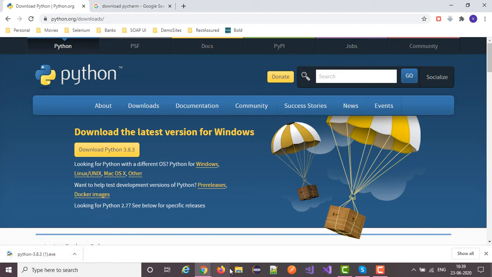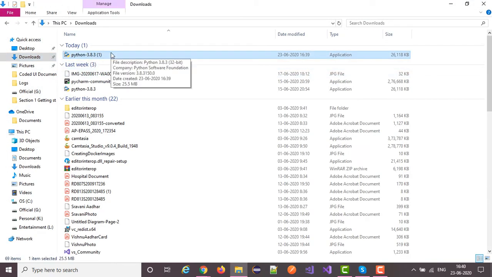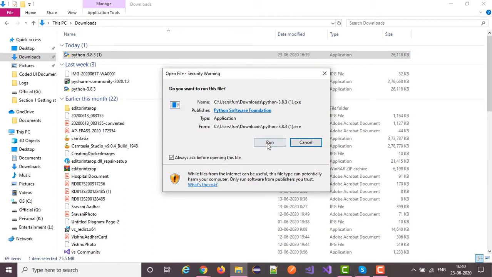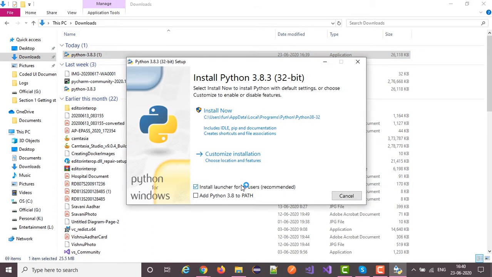After downloading, navigate to downloads, start installing by double clicking the exe file. Click on run. It's just a normal installation process, just by clicking next.